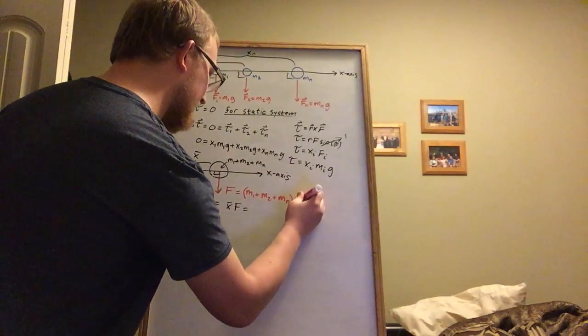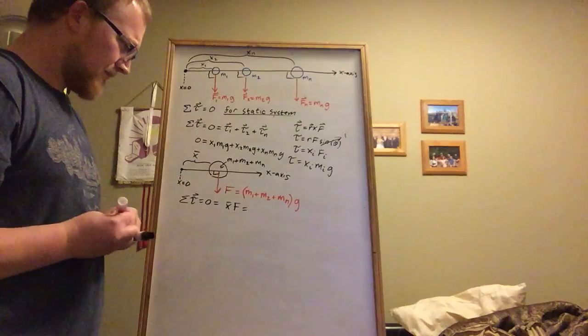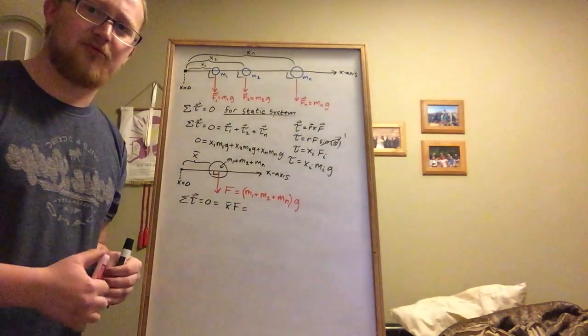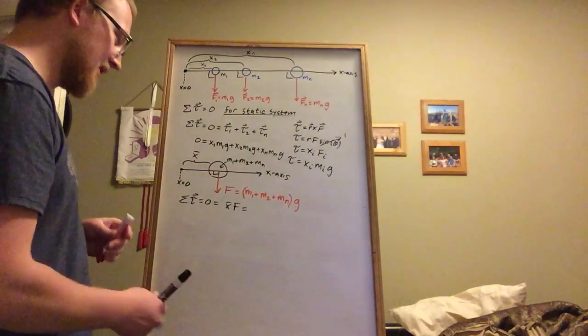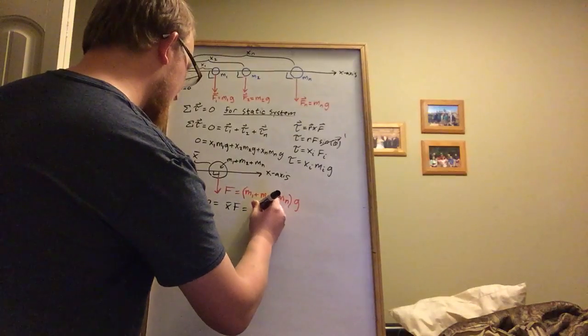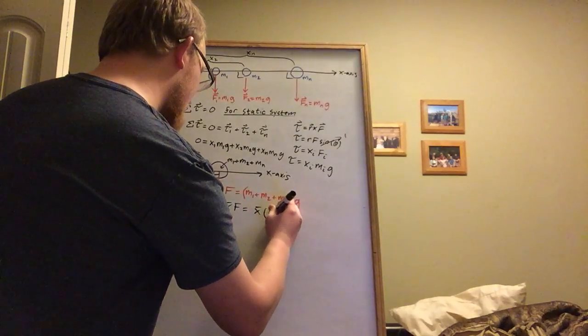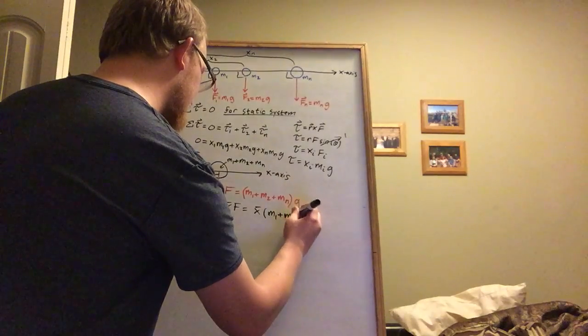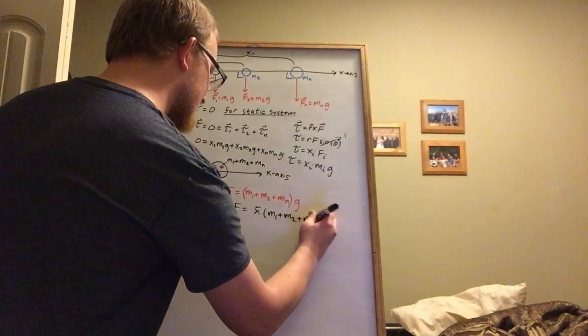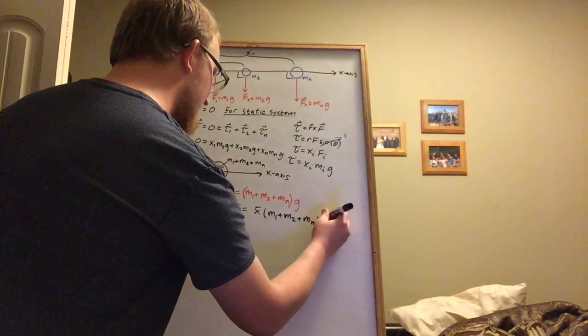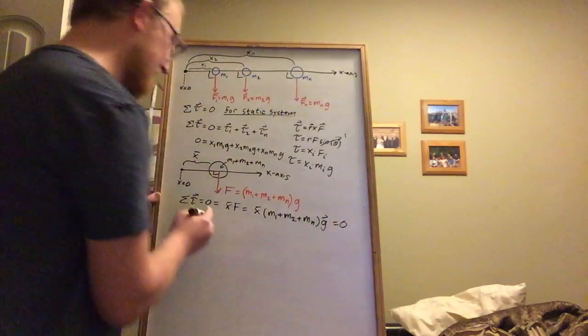And we have to make sure to put those in brackets because we're adding up all the masses before we multiply them by the acceleration. So rewriting that down here, we have x bar times (m1 plus m2 plus the nth mass) times g, and all of that still equals 0